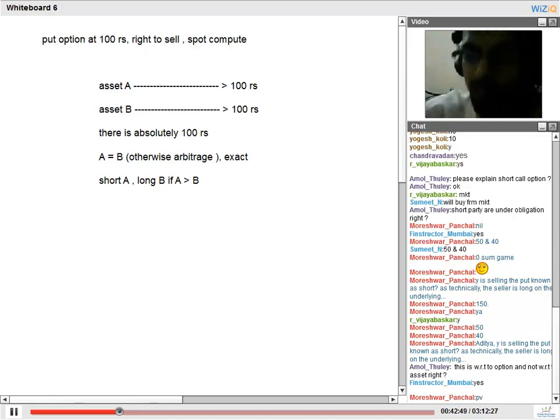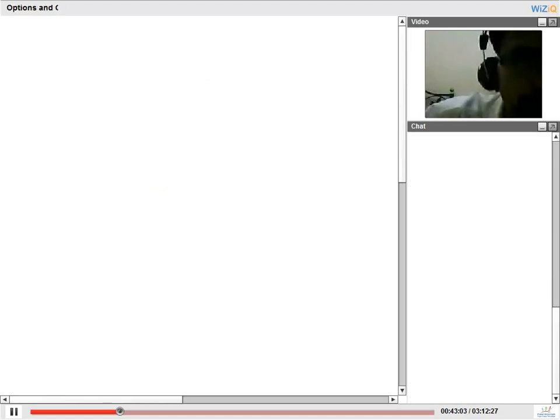So just understand this, guys, that if two things are giving me the exact same benefit, which is for sure, there is no risk, there is no uncertainty, then I will be willing to pay the same price for them to begin with. Okay, also called the law of one price.